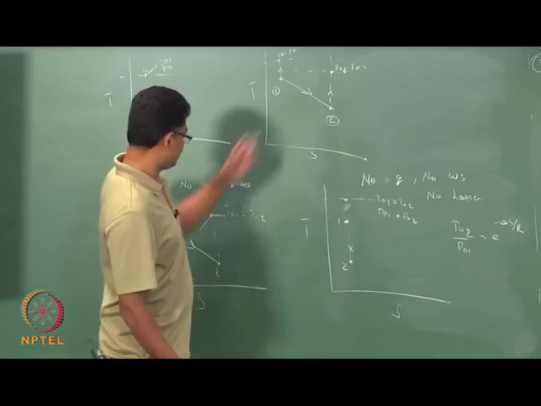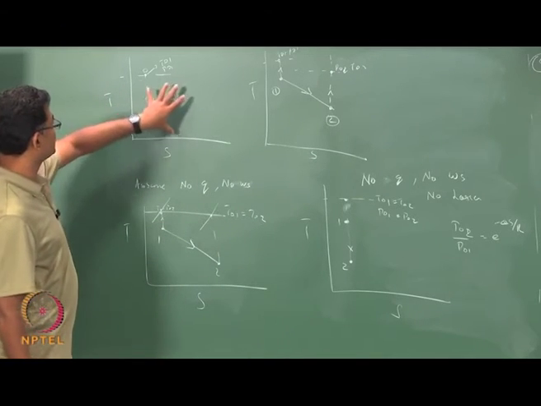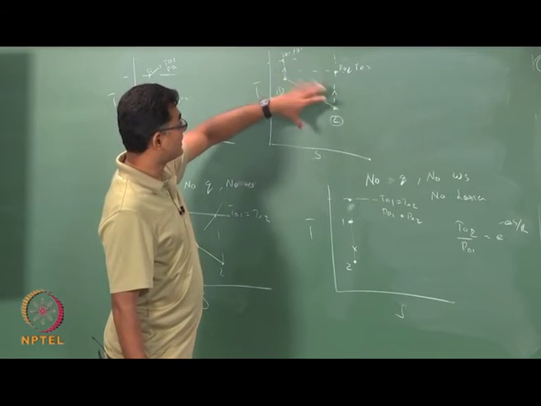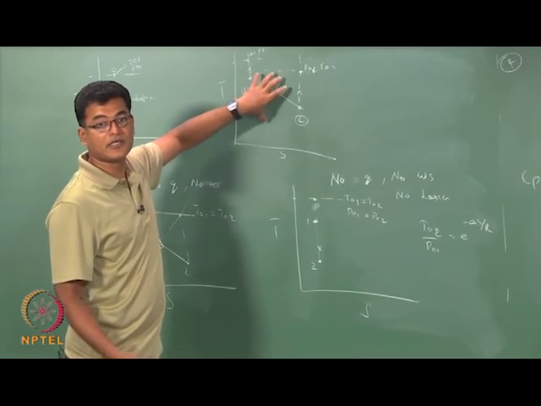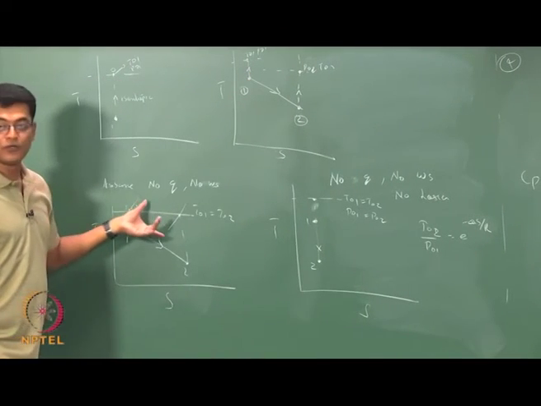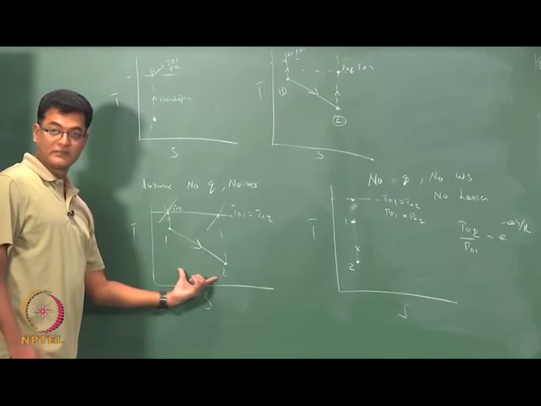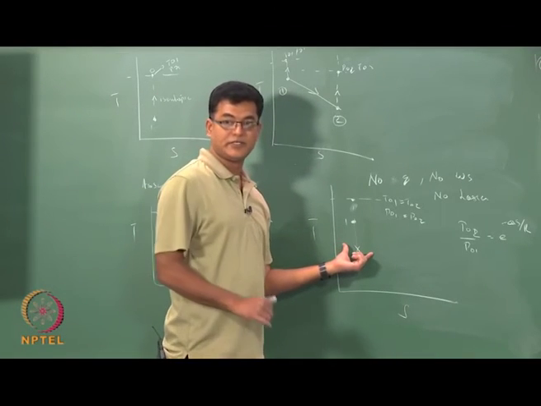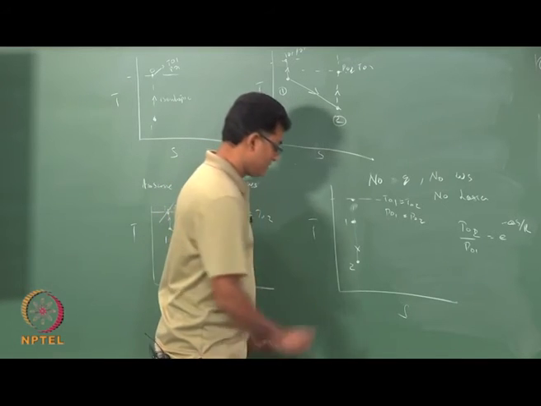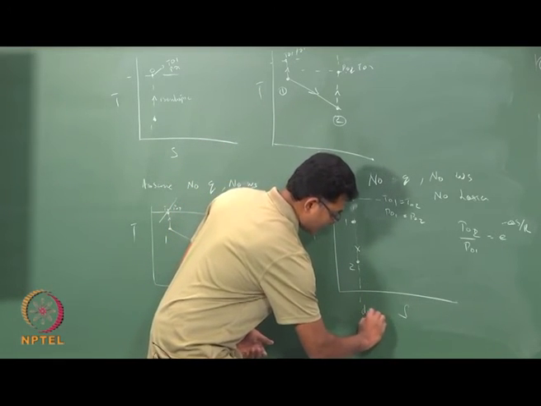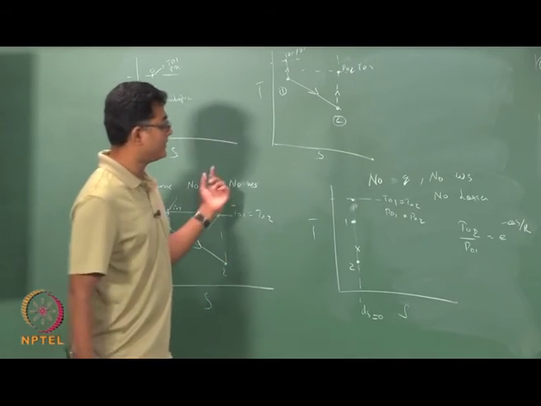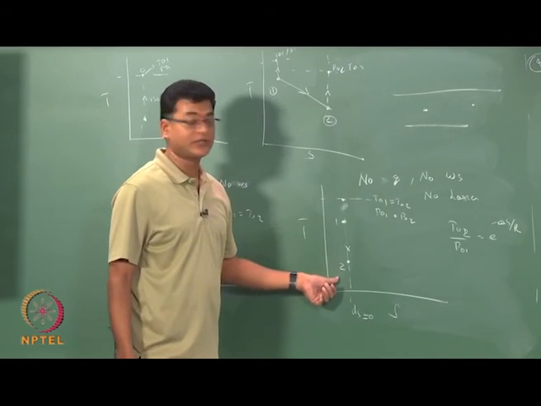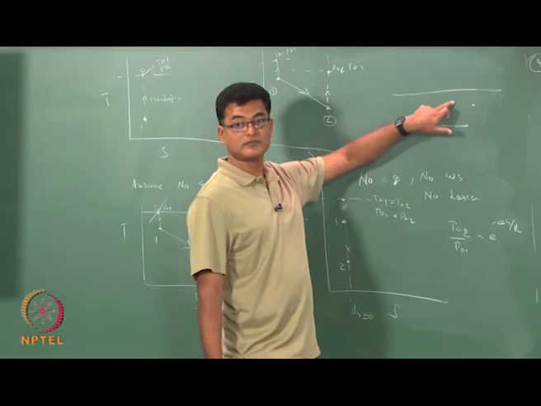So, this graph modifies to this. Okay. So, this is the stagnation process. This is the process between 2 points where there is some heat, some shaft work and some irreversibility. This is no heat, no shaft work, but there is some irreversibility associated with the process, and here we have assumed even the irreversibility to be 0. So, the process is just this with no entropy change. So, if I have a pipe between point 1 and 2, if I assume no losses, this is the process that is going to happen with no heat and no shaft work.